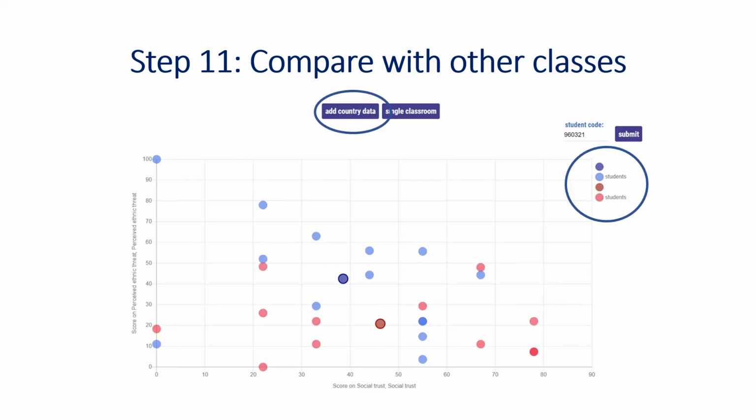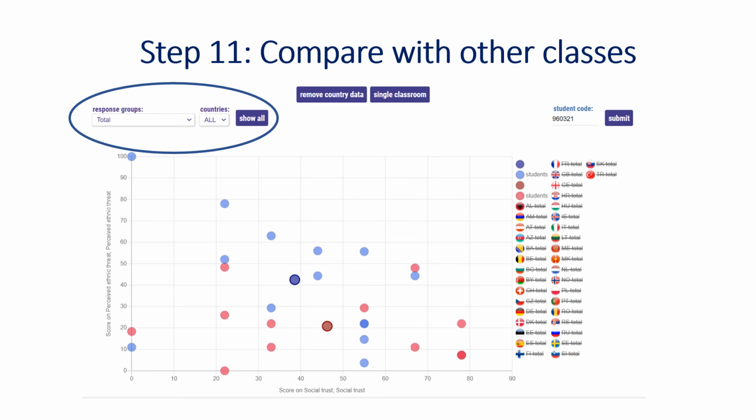Within this example, we also ask another class to take the same test, and if you compare the two results with one another, you get the results of the new class in a different color. In this case, the second class can be recognized by the red dots. If desired, you can click on the colored dots on the right side and fill in the names, so that it becomes visually cleaner for your students.